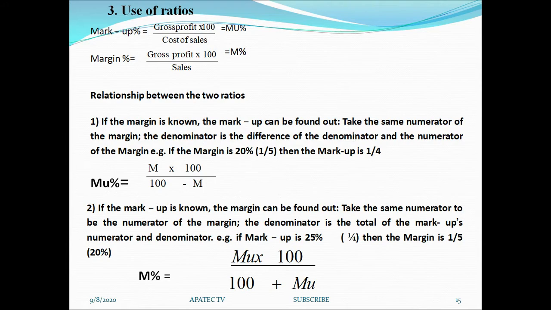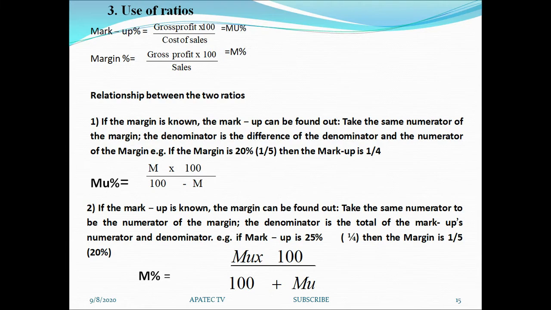If the margin is known, the markup can be found. You have to take the same numerator of the margin, and the denominator is the difference between the denominator and the numerator of the margin. For example, if the margin is 20%, that is equal to 1/5, then the markup will be equal to 1/4. That means if they give us the margin,